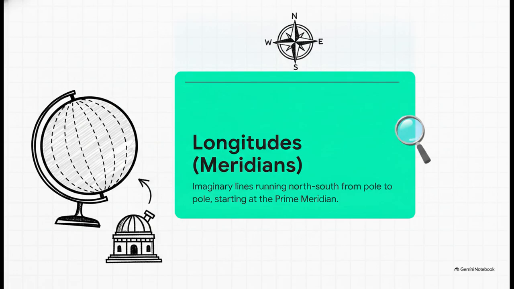But here's the thing. Horizontal slices just aren't enough to pinpoint a specific spot. We need vertical slices too. These are called longitudes or meridians. These are imaginary lines that run in a north-south direction. But unlike latitudes, they do not run parallel. Instead, they run from the North Pole straight down to the South Pole. Their starting line, their 0-degree mark, is a line known as the prime meridian, which famously passes right through Greenwich